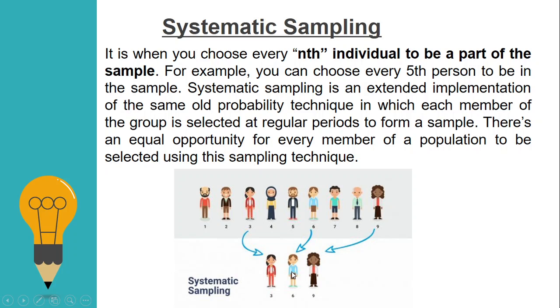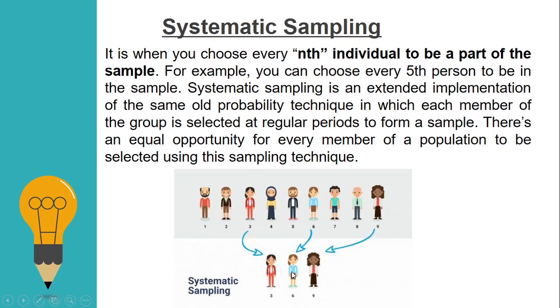For example, we are using the fifth person. Here is 100%. So in the 100% we will choose 20%. When we want to choose 20%, from the 100% we are counting and collecting each fifth person. So in total it will be 20%. If we want to collect 10, it will be 20% from 50, and from 100 it will be just 10%, and 10 samples is what we will collect.